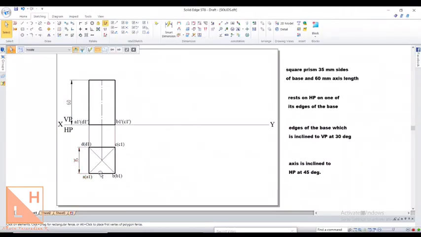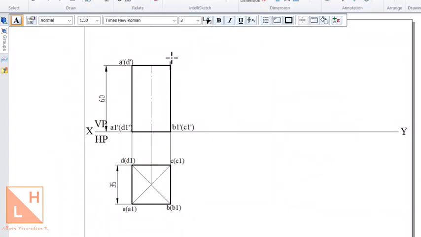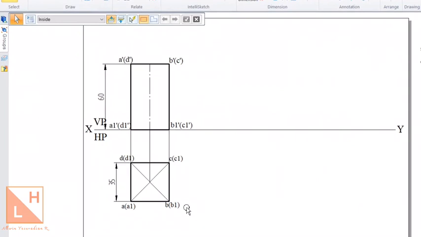Now name the top face as well similarly, and now you concentrate only on the names of the top face, that is A, B, C, D. So looking from front, the first point will be A, second point will be D on the top face. We had A1, D1 at the bottom face. In the same manner, here in the top face we will find A dash and D dash. And over this side, similar to what we found B1, C1 dash here, we'll find B and C at the top face here. So this will complete the front view of the square prism.